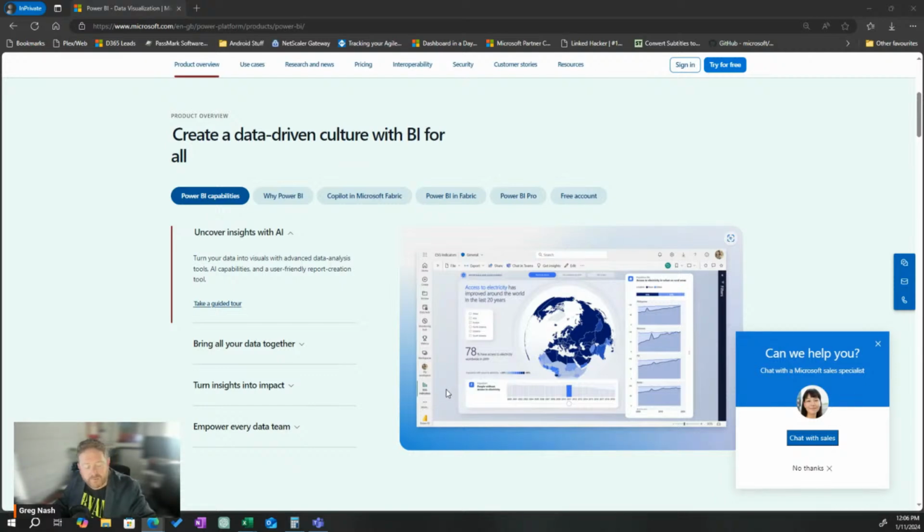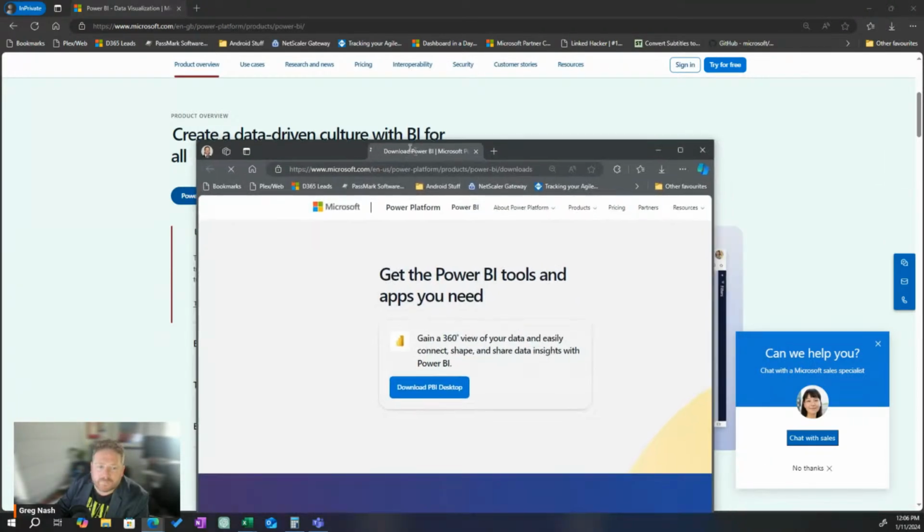If you're a student and you're trying to work out how to use Power BI for free, the only thing you really need is Power BI Desktop. I'm going to see if I can find how to download Power BI Desktop without logging in. There's got to be a download link. Power BI Desktop download for free. I've never tried to use Power BI for free, but it is a free app. Oh, here we go.